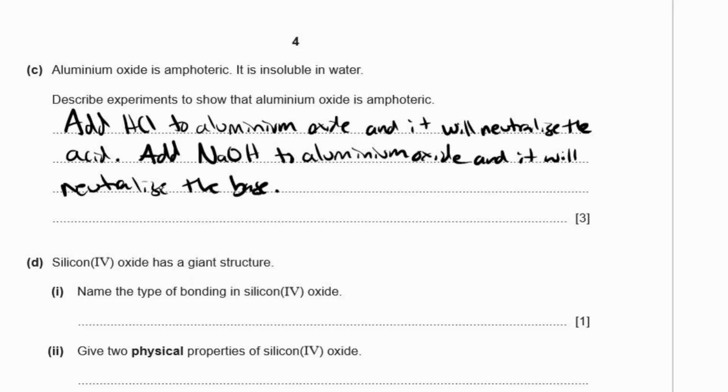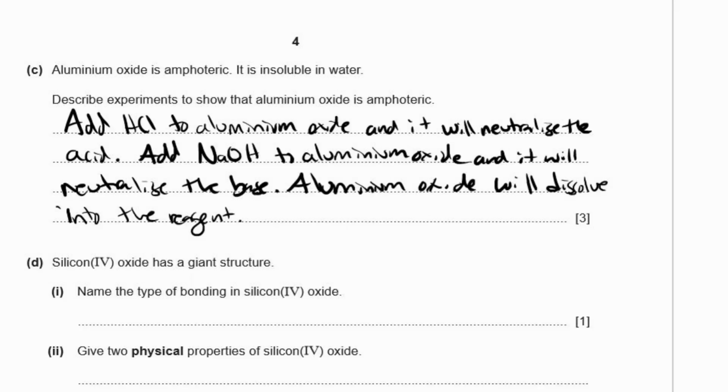So then you can say add NaOH or sodium hydroxide to aluminium oxide and it will neutralize the base. You could say another oxide, that's also okay. And then what do you see at the end? So aluminium oxide will dissolve into the reagent because aluminium oxide is insoluble in water, but you will see it